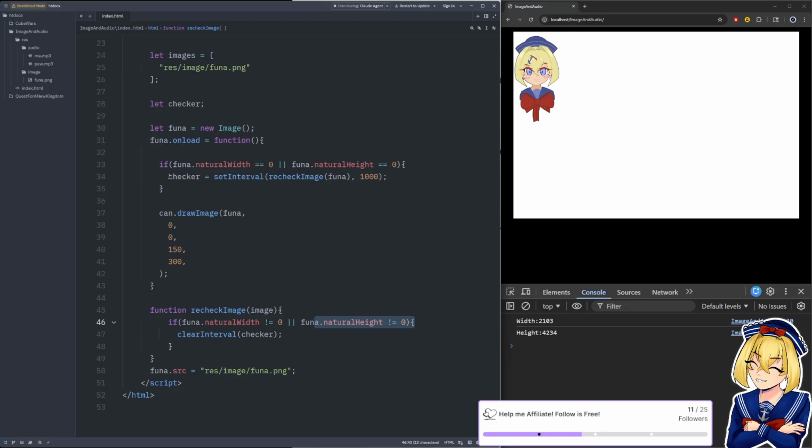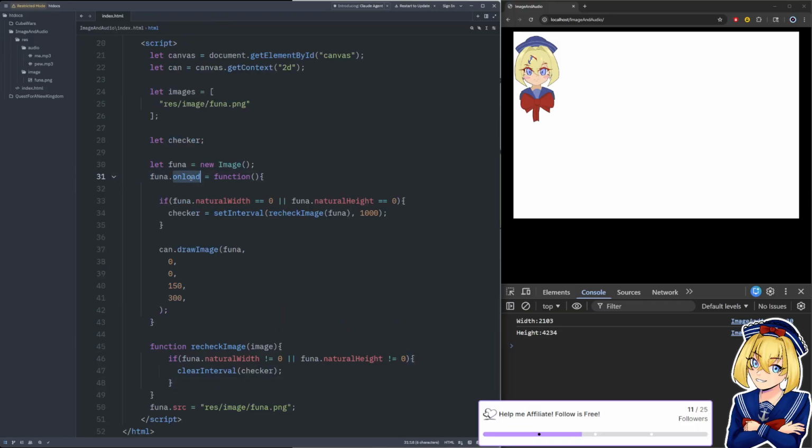So we need a reference to this set interval so that we can clear it, and when you clear the interval, it will stop running this function. Basically, we're just going to lock the browser until the image actually finishes loading, because this onload function isn't entirely reliable.